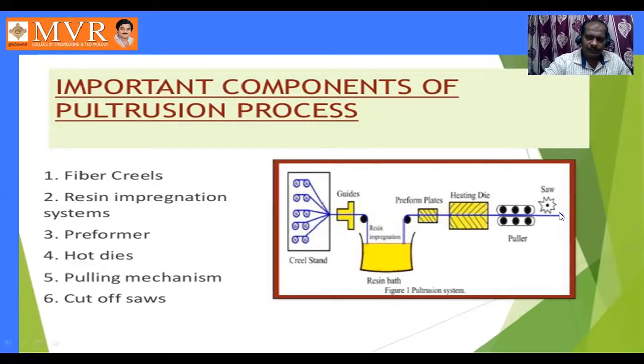This is the line diagram to show how the pultrusion process is carried out from the starting to the end product. These two are the raw material. This is the middle product. This is in between the process. This is the final product before cutting the sizes. As the diameters are going to be increased here, these are going to be corrected in these pulleys, and then the correct size is going to be taken.